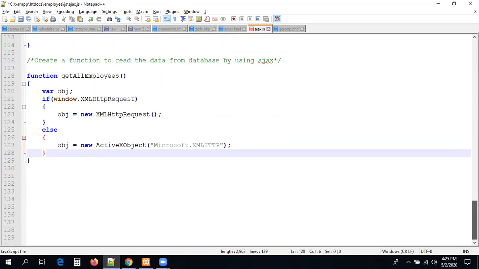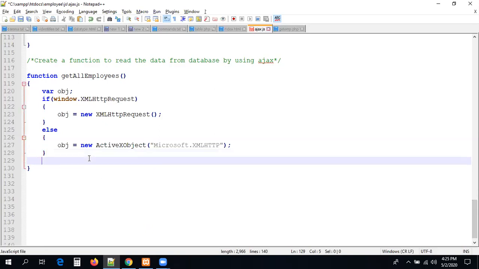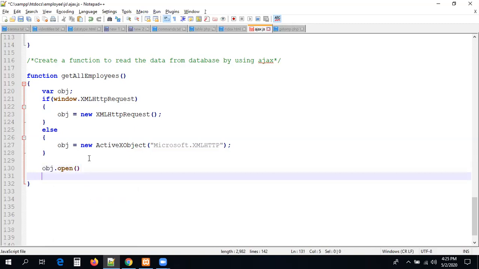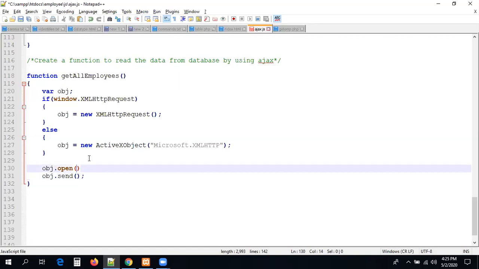Now we need to send a request to the server to get the data from the database, guys. Here, obj.open is the connection and obj.send. Earlier we posted the data to the server. Now we are requesting the data. So what should our method be? My method is GET. Then the action URL, and one more thing: synchronous or asynchronous request. True means asynchronous request, right?